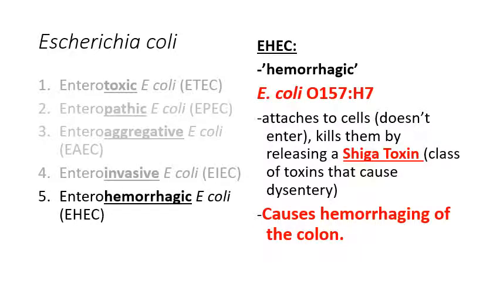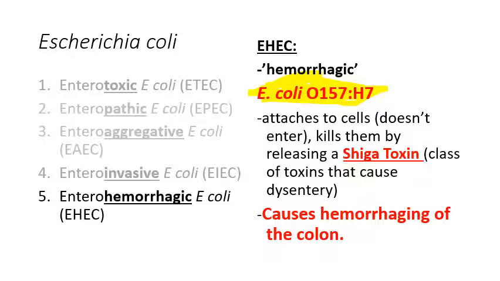Okay. This is the worst of them all. It has the lowest ED50, the lowest LD50, and the lowest ID50, and it causes hemorrhaging, right? Particularly, you'll have heard of a strain of E. coli called O157:H7, right? So you do need to memorize this. O157:H7 is a strain of E. coli that is